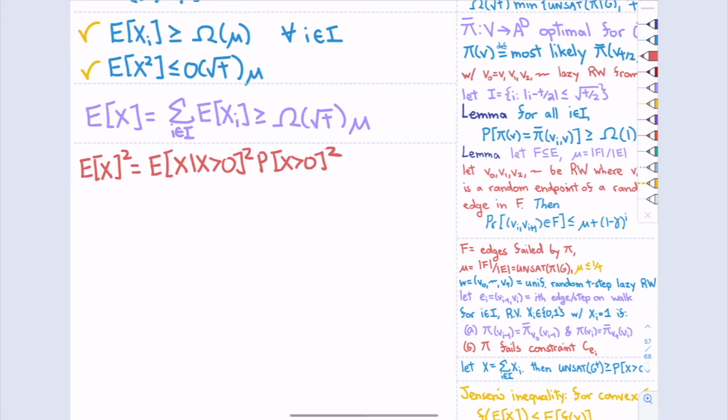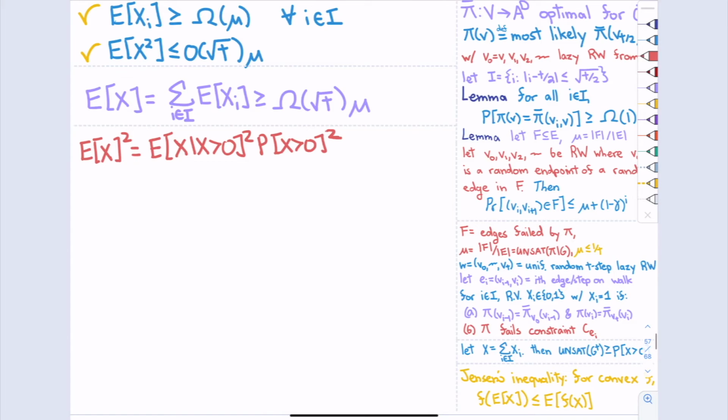squared. So in the bottom right here, I have Jensen's inequality. So for the function f of x equals x squared, this gives us at most the expected value of x squared, again conditional on x greater than 0, that's totally fine, times the probability that x is greater than 0 squared.